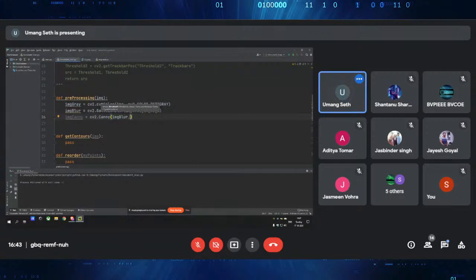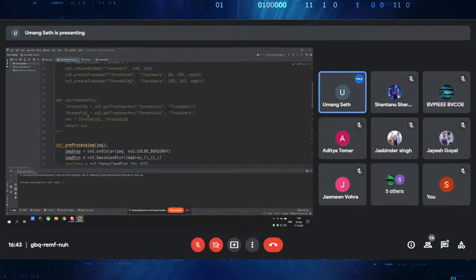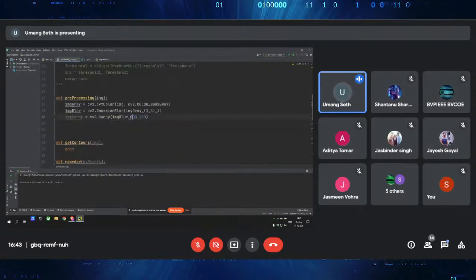Let's say I'm writing 200. You need to adjust the threshold according to your image. If I write 200, or for example write 0,